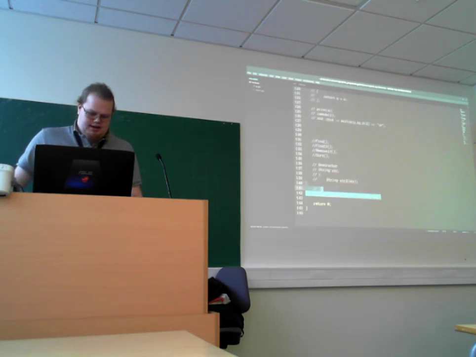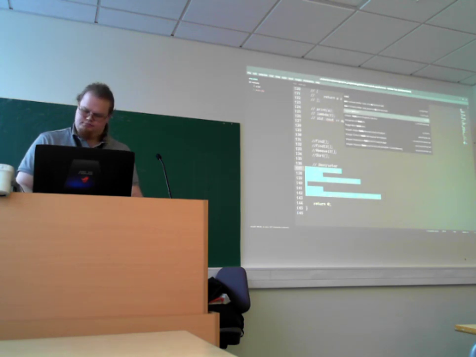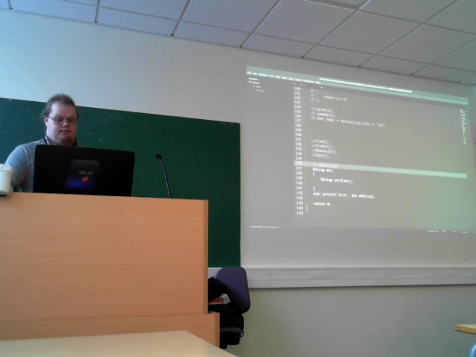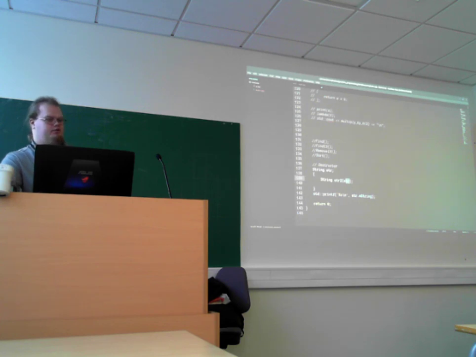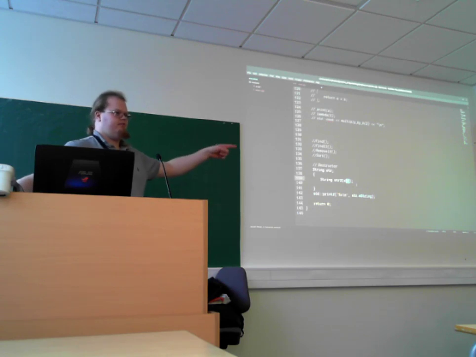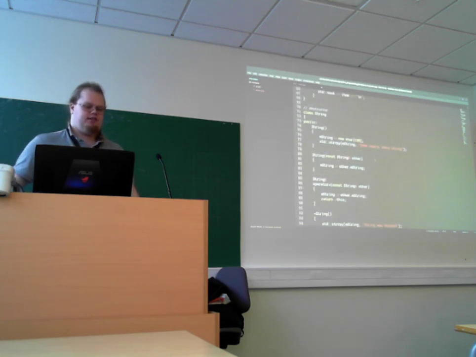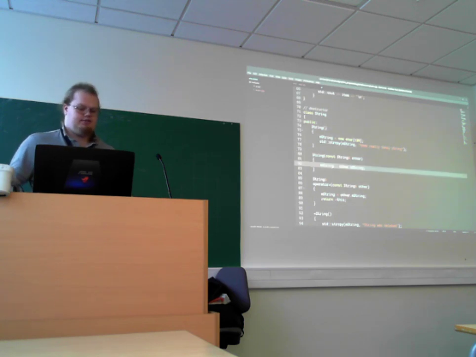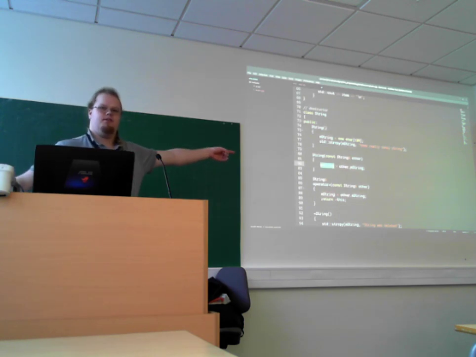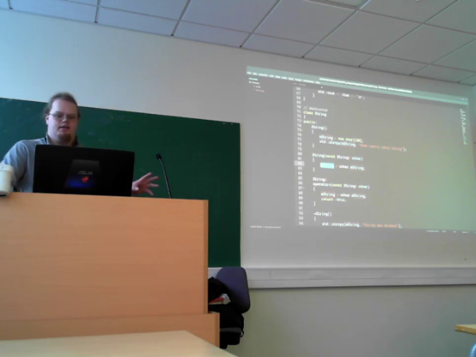Say here I create my string. And then I create a second one. And then I call the copy constructor by sending the first one in. So what the copy constructor will do is member-wise copy each member of the parameter that comes in. So it will essentially look like this. I send in the other string, and once we get in, we say that my string pointer points to the same character array as that other string. Right? Everyone's with me so far?